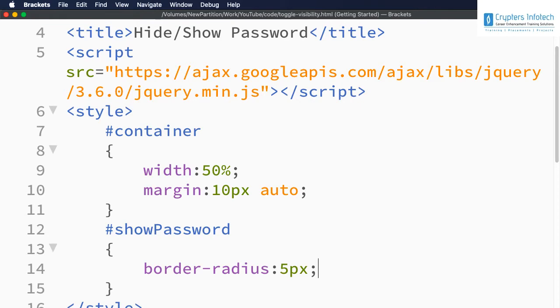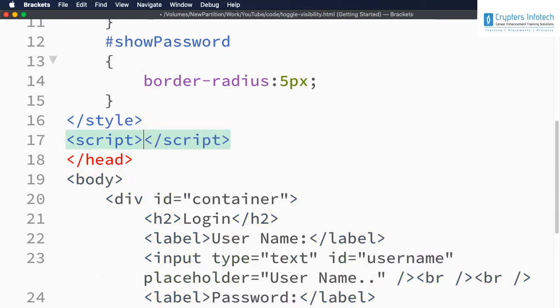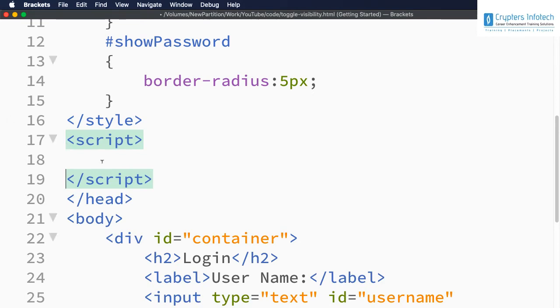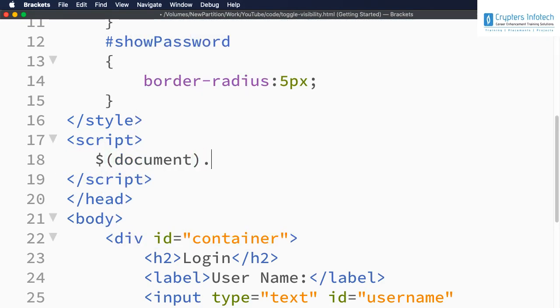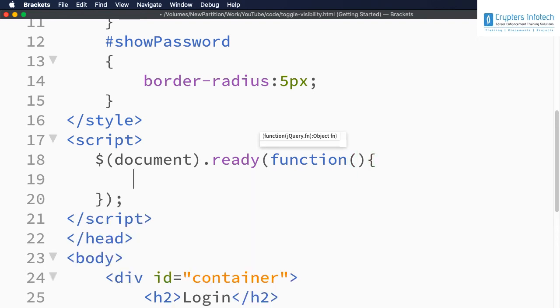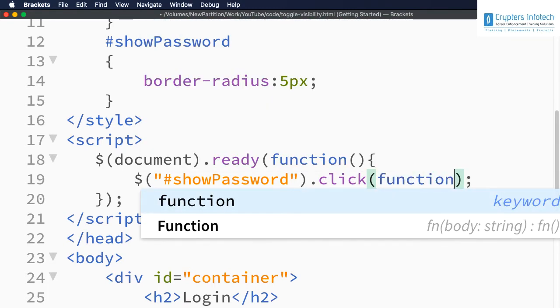So let us add the script section after the style section, and let me add the document.ready event, that is $(document).ready, and within this function, open and close parentheses, open and close curly braces. Now we need to implement the logic on the click of the button, right? So let me access it, $('#showPassword'), that is the button, dot click, again function, open and close parentheses, open